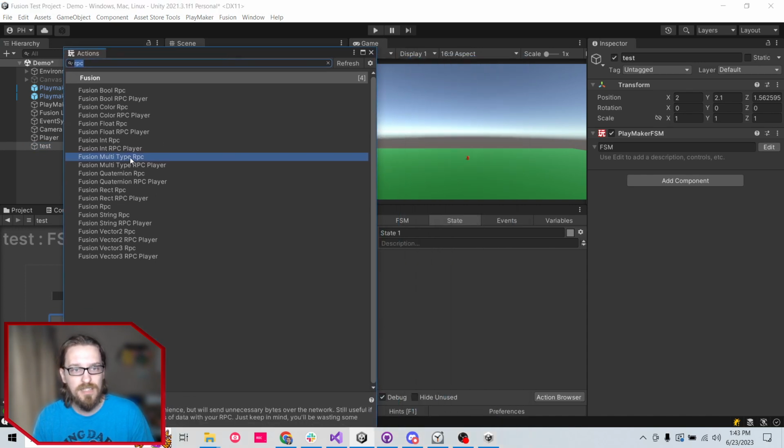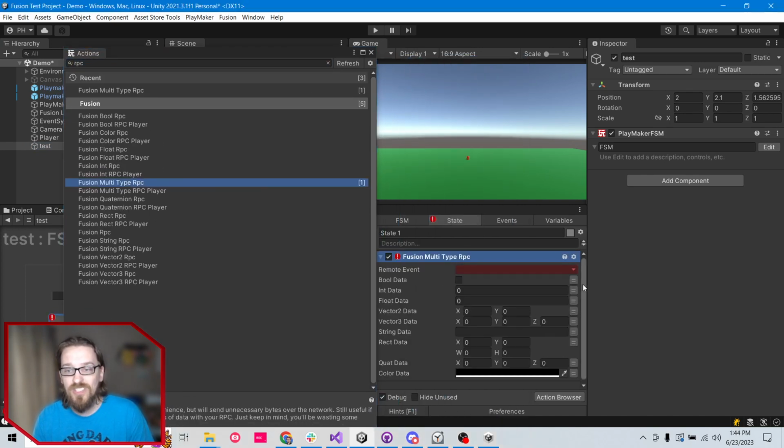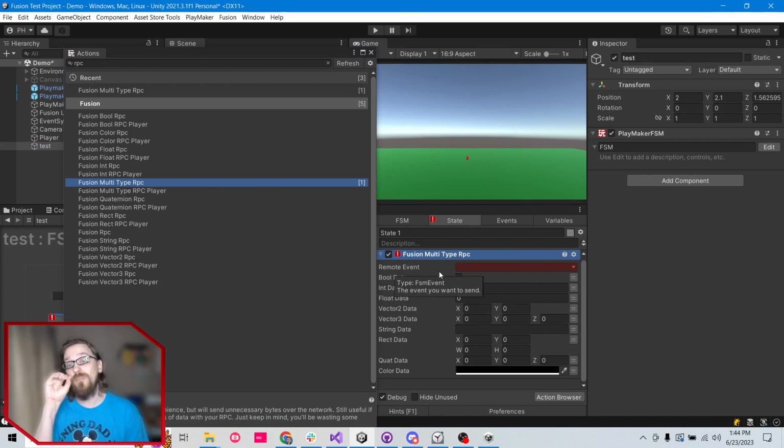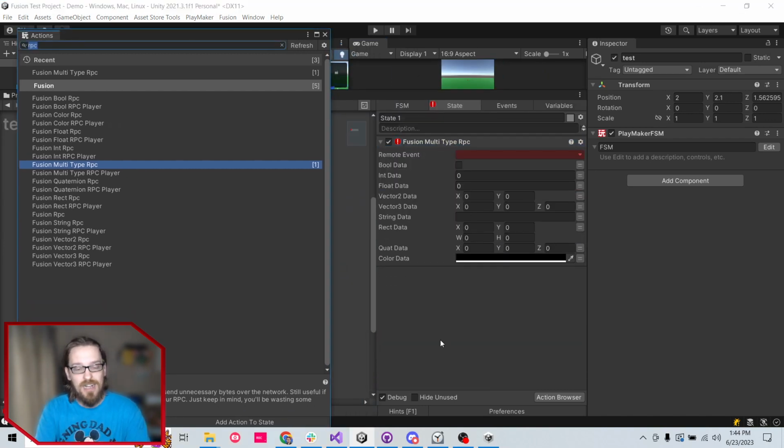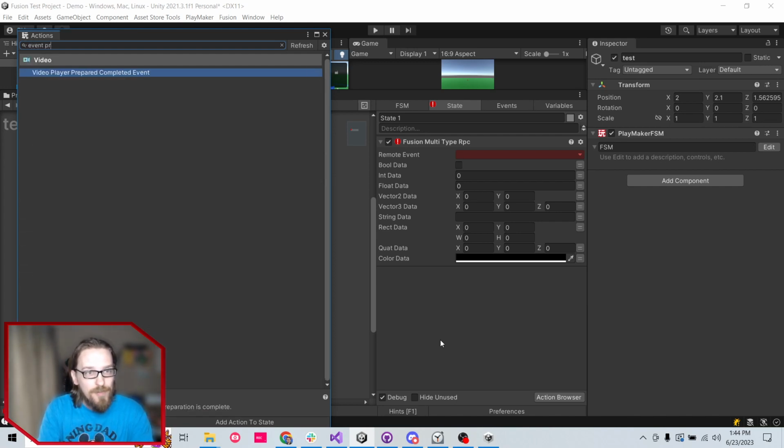All right. So like this multi-type RPC, this actually will let you send multiple pieces of information in a single RPC. So if you've used Pun2 integration in the past, sending multiple pieces of data, what you had to do is put them all into a string and then separate them later. With this, you don't have to do that. With this, you can do, I think, it's been a while since I set this up because we're waiting for approval. You can just do event properties